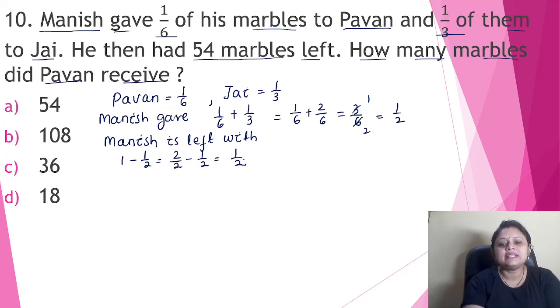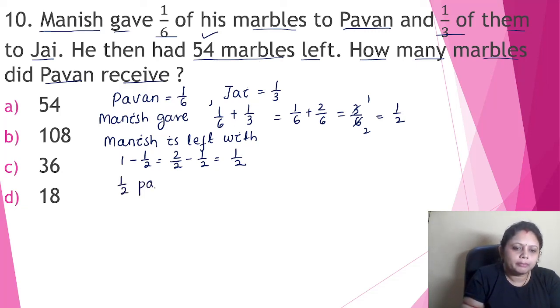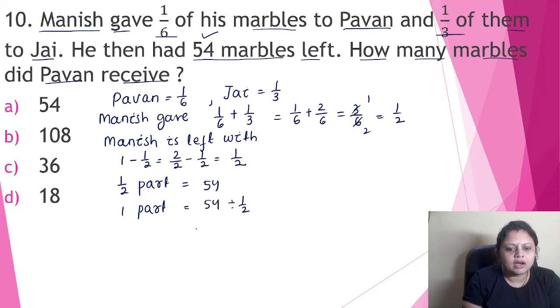Okay, so Manish is left with half of the marbles, and also in the question it is given that he had 54 marbles left. That means half part is equal to 54. So 1 part is equal to 54 divided by half, equal to 54 into 2, that is equal to